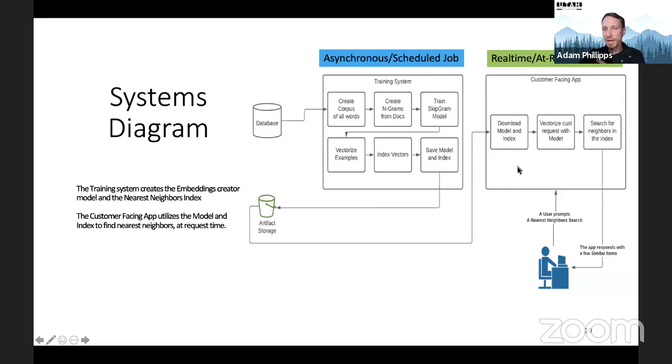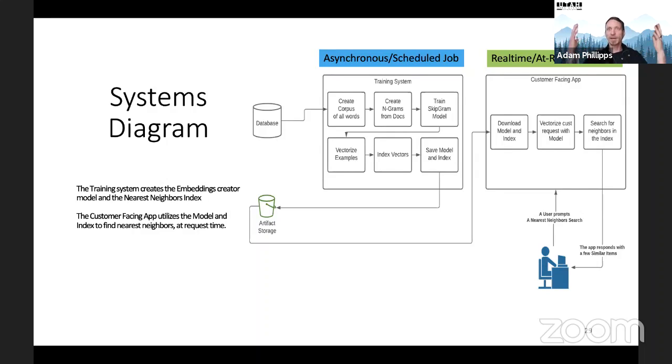The next piece is where a customer is going to feel it. So a customer jumps onto my website, and my website has the skipgram model loaded, and it's got the index loaded. The customer types in soft, fluffy, cushiony beanbag, and now my model can vectorize that person's request. That skipgram model that we built has all the nuance and context and meaningful dimensions that we were shooting for,